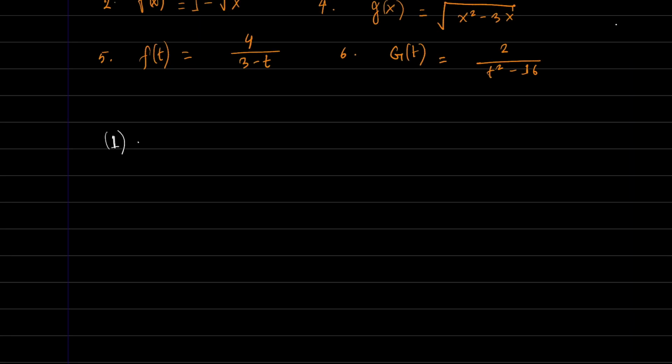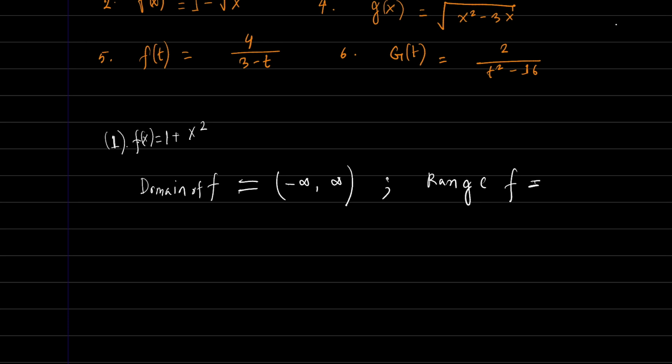So number one problem was f of x is equal to 1 plus x square. We have to find the domain. The domain is the allowed value of x. Here we see no problem with any real number. So the domain would be minus infinity to plus infinity, and the range of f would be, you can see here,